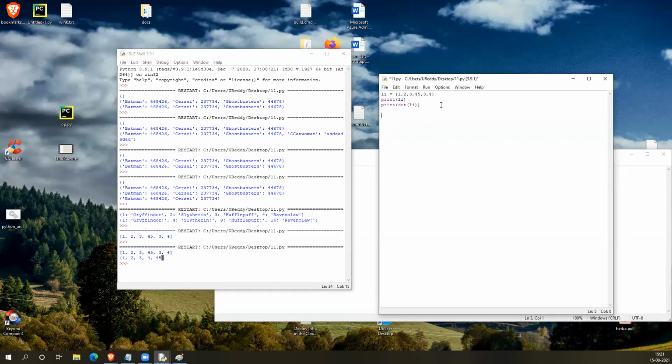Let me create one more. And if you observe here, the order is also not fixed here. 45 came at the end. And of course, it is providing in the ascending order. But the main thing I want to say is you cannot access the individual elements using the index values like we did in the list because the order is not fixed here. You can create a set like this also with the set function.